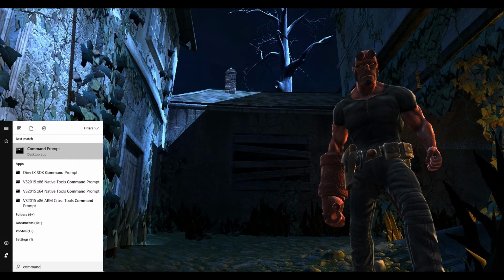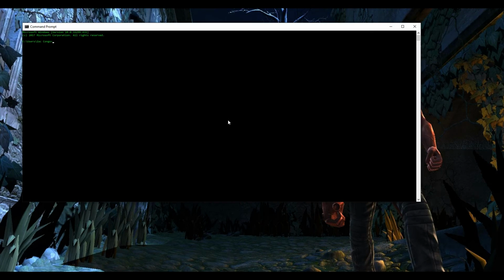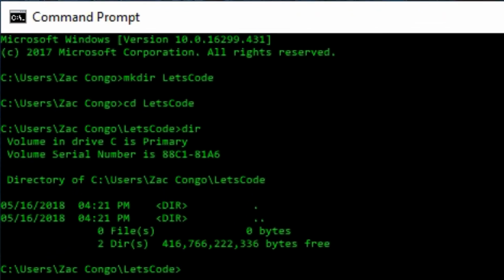as the best match. In the console, type in the text mkdir space LetsCode and hit enter. After that, type in cd space LetsCode, and finally type in the command dir to list all files in the current folder. If all goes to plan, the current active folder should now be LetsCode, and it should have 0